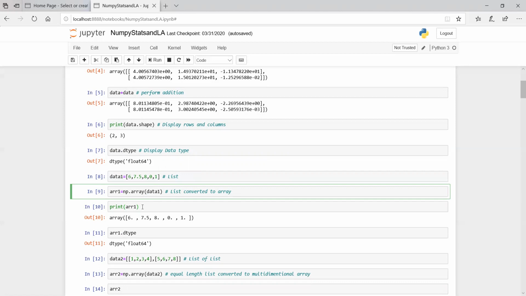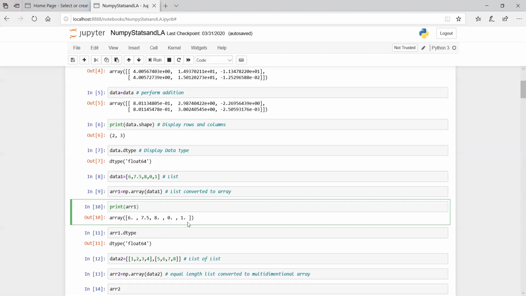When you print this array1, you'll find that it has created an array with the elements 6, 7.5, 8, 0, and 1. You'll find that there are periods after 6, 8, 0, and 1. This is because even if these are integer values, one value in this list was 7.5, so it has converted the other integer values also to float64.